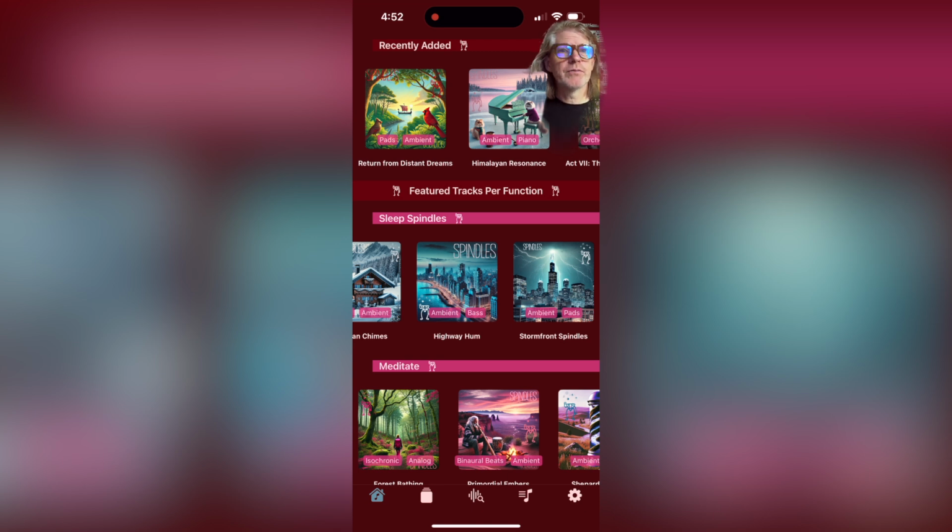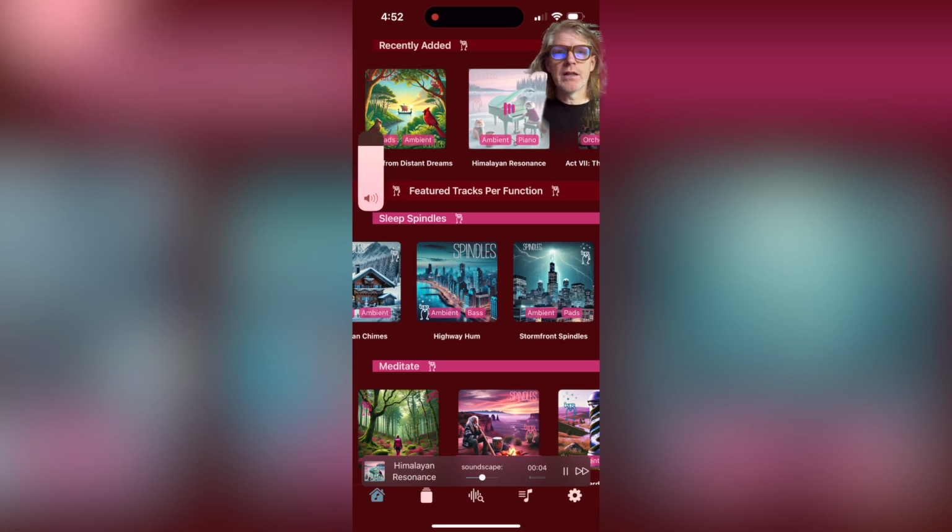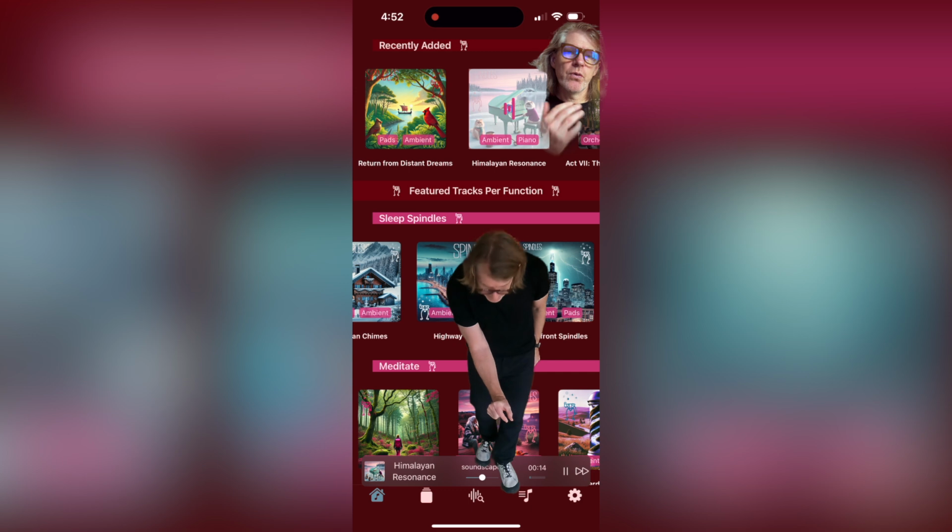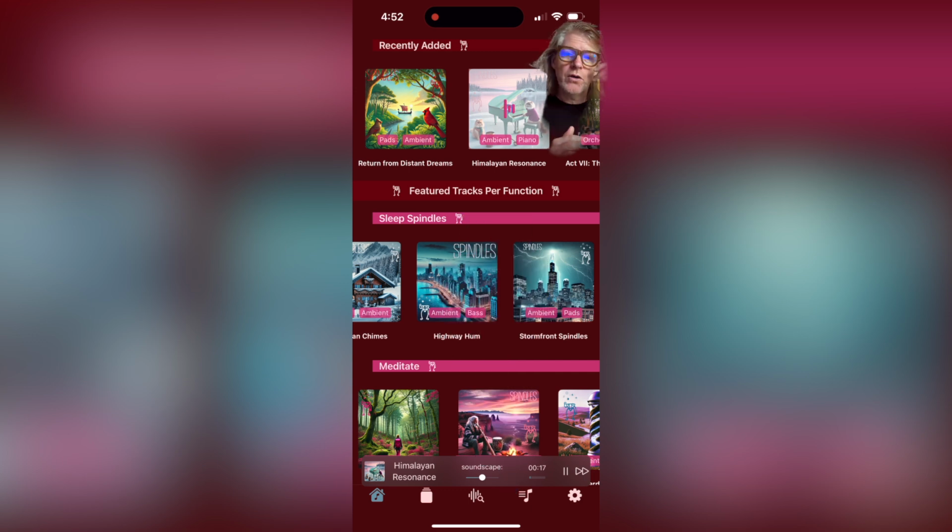So to play a track on this home screen, you just click on the artwork, and similar to how Apple Music or Spotify work, it's going to open up a little mini player at the bottom, and you'll see the little mini artwork and the title, and then there's a tiny slider, and that is for the soundscape or noisescape. Most of the new tracks that I've been making for Spindles have a piece of music and then an associated natural soundscape or noise that I've made on my modular system.